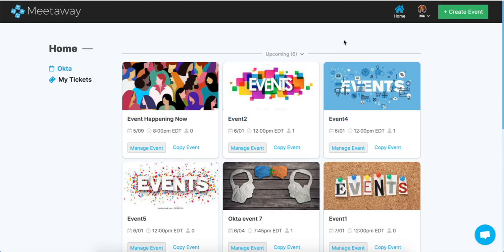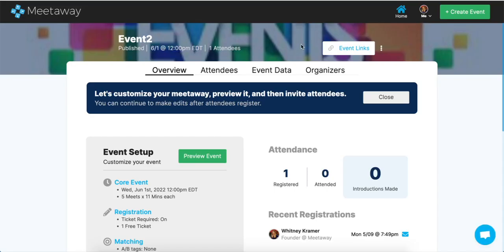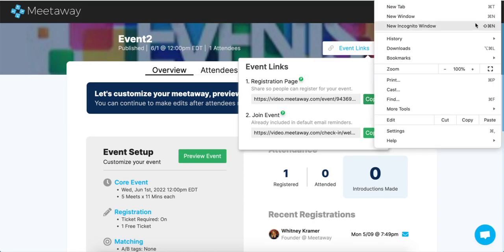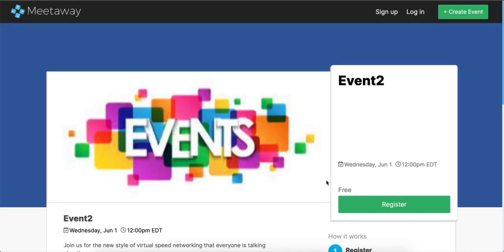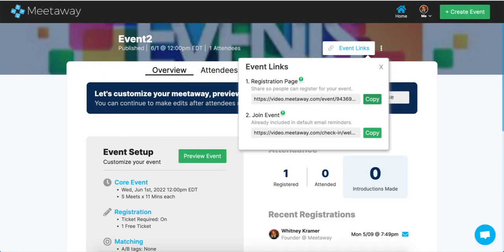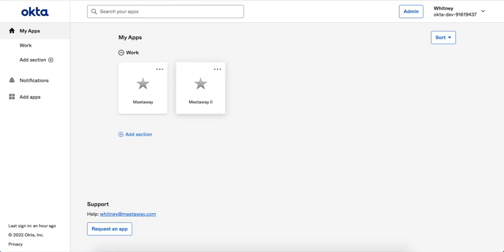That's it. The attendees of events, again, will get direct links to the events. So this is just what the organizers of an event see. They go and want to register for an event. So they'll get the opportunity to register, and the system already knows, hey, this person should sign in with Okta, and we'll be able to do that without needing to click through from the Okta dashboard to the events that